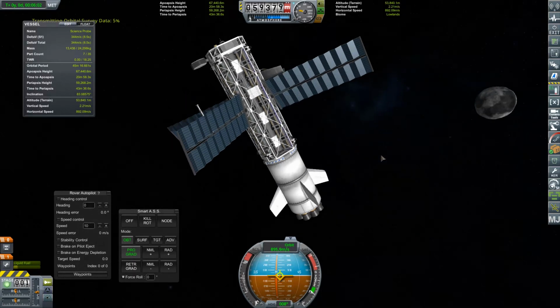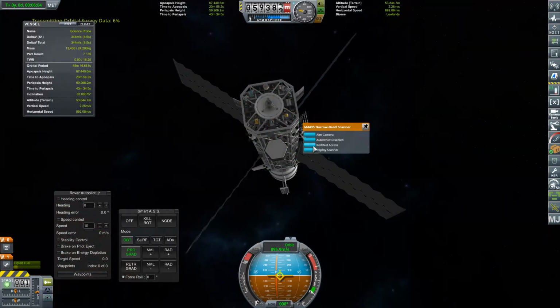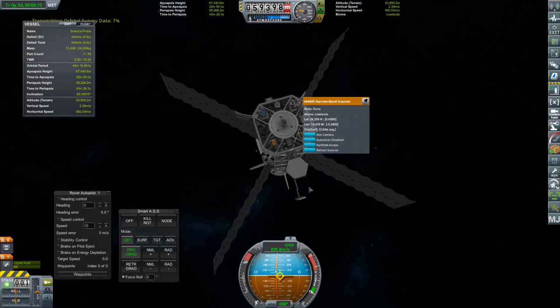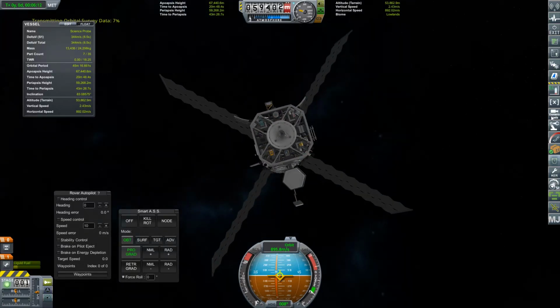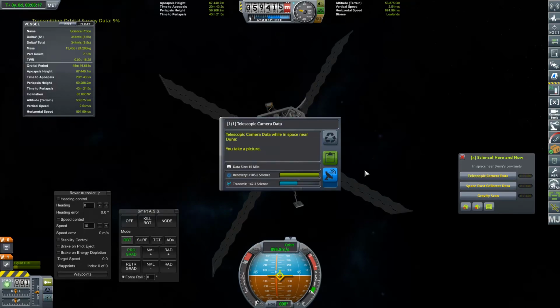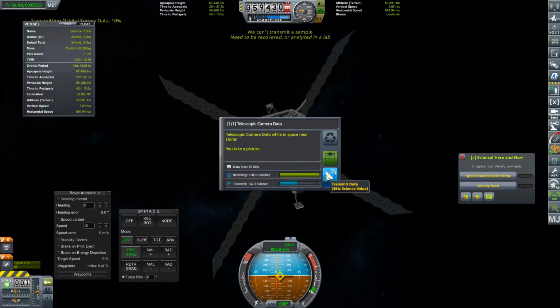Start that. Ideal. Okay. And we have this here, deploy the scanner. Right, this is a new one, I don't know what that does, but yep, and ask this here. Aha! We have a telescopic camera data. That's a new one, so we shall, well, I'm going to transmit that back because